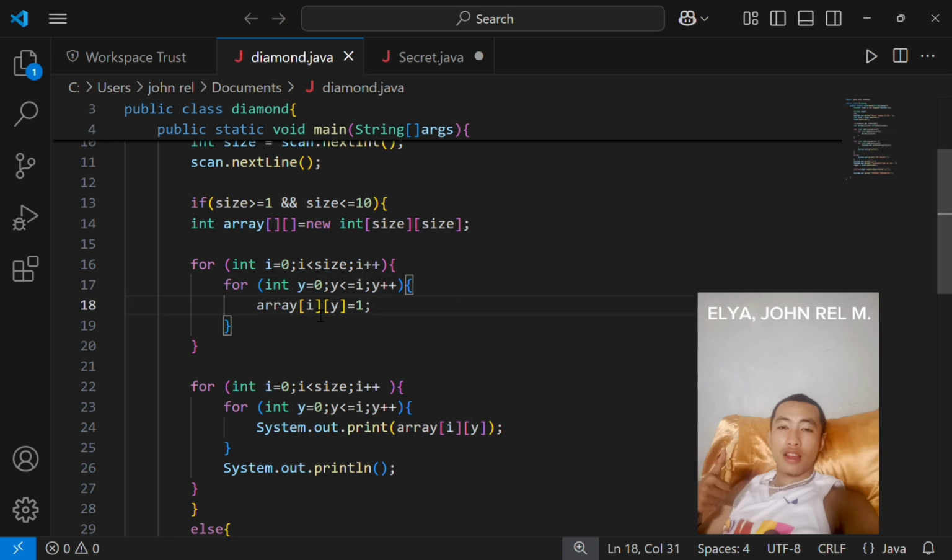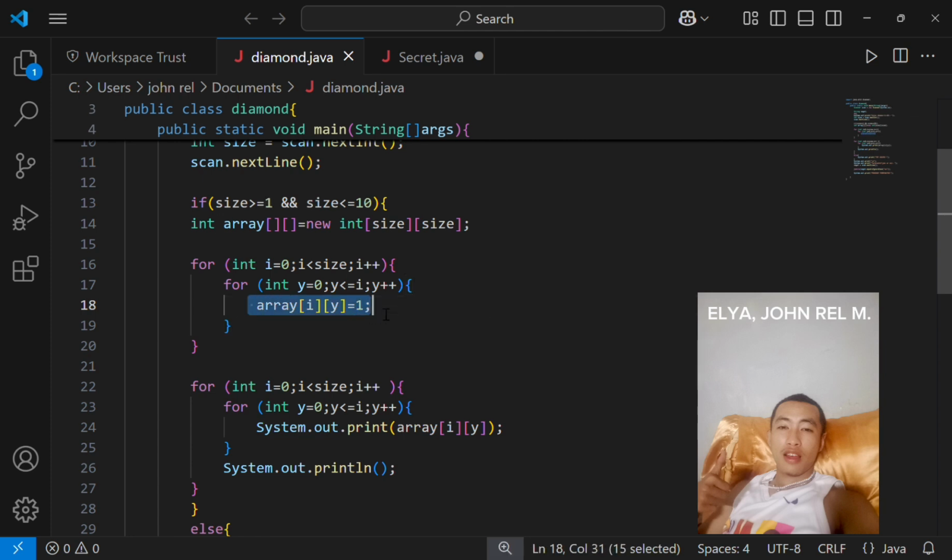In order to change the value of i and y, I want my output to only have a one value, so all my output is always 1. So it will have a right triangle containing only one number, the number 1.